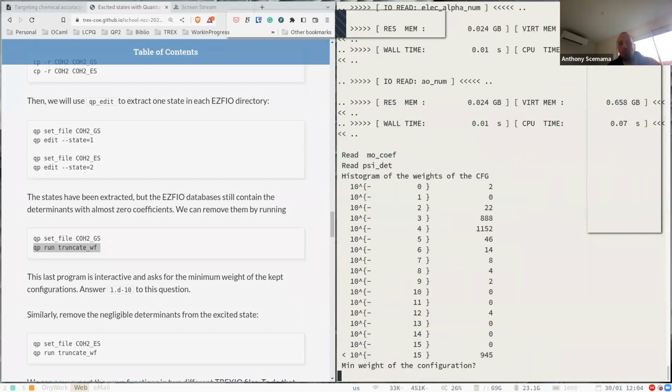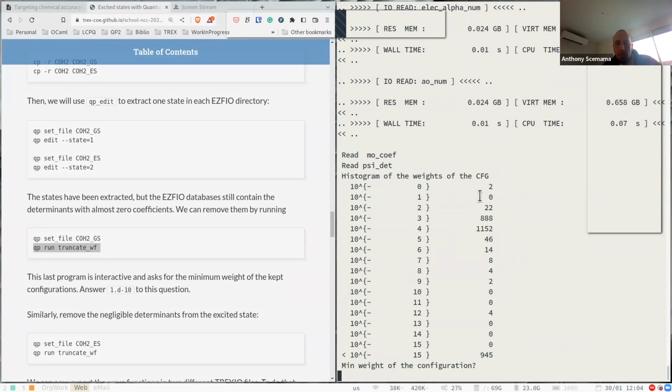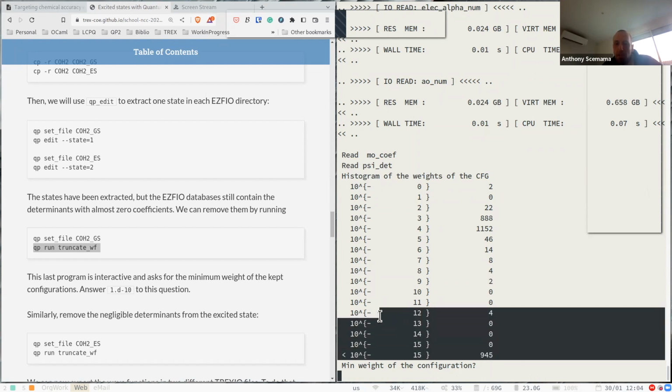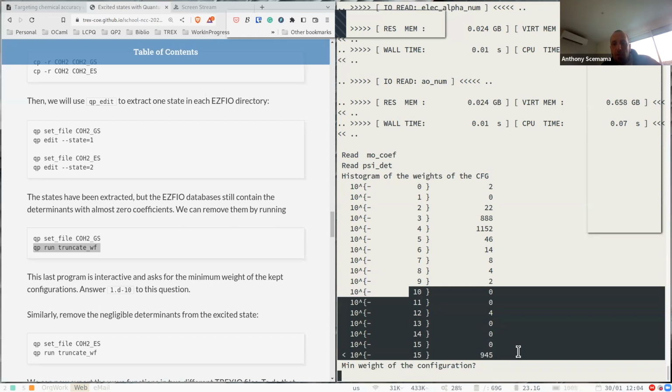If you run truncate_wf here, it gives you a histogram of the weights of the configurations. And basically you see that there are many configurations with weights lower than 10 to the minus 10. So here you can say I want to truncate and remove everything which is below 10 to the minus 10,